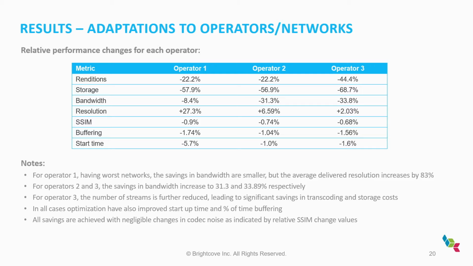It's savings compared to what? The reference encoding in all cases was the recommended HLS guidelines profile. They're just taking the profile that HLS recommended versus this, the optimized. Now, the next